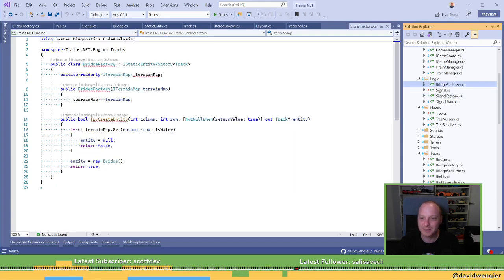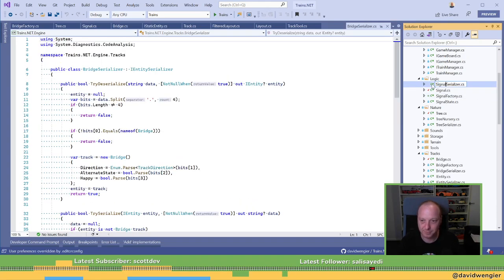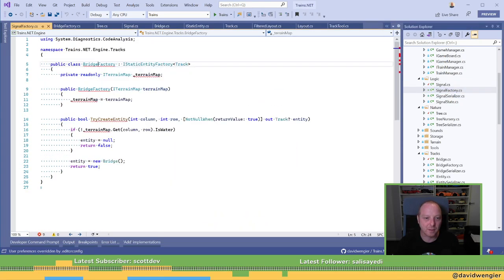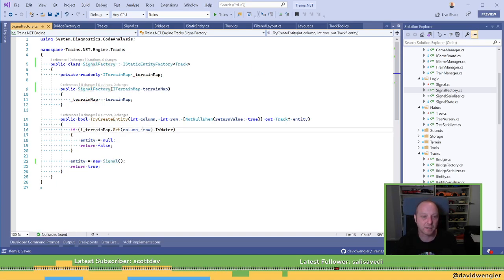Okay. Oh, shift semicolon signal. Done. Except we want only on land.